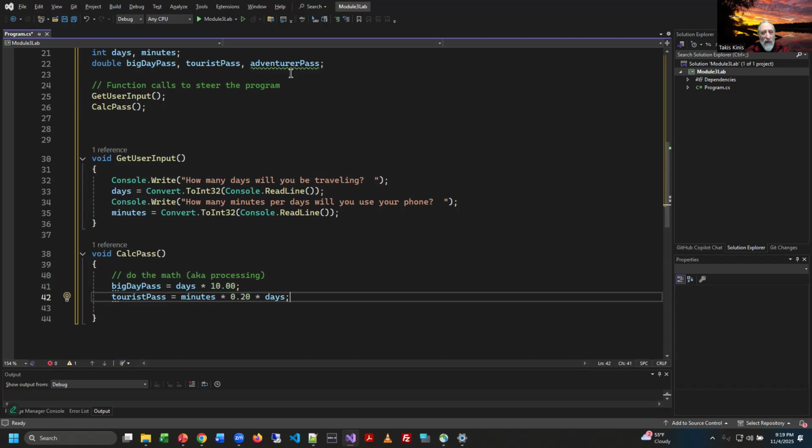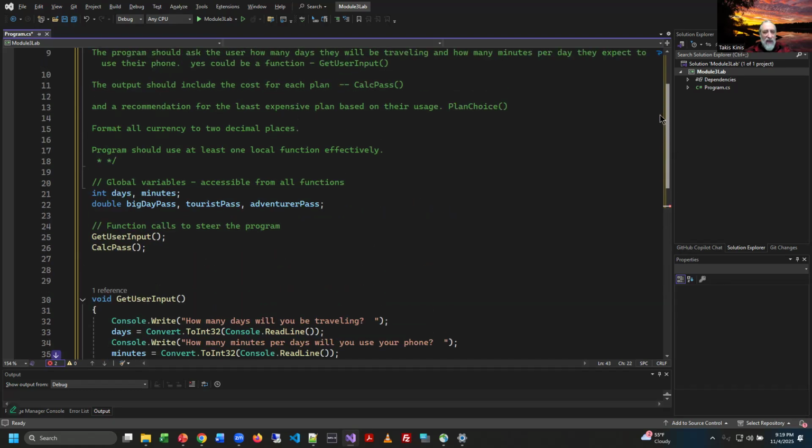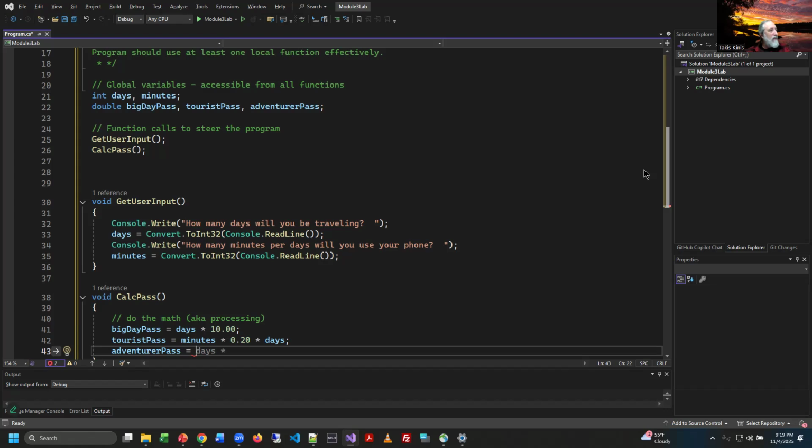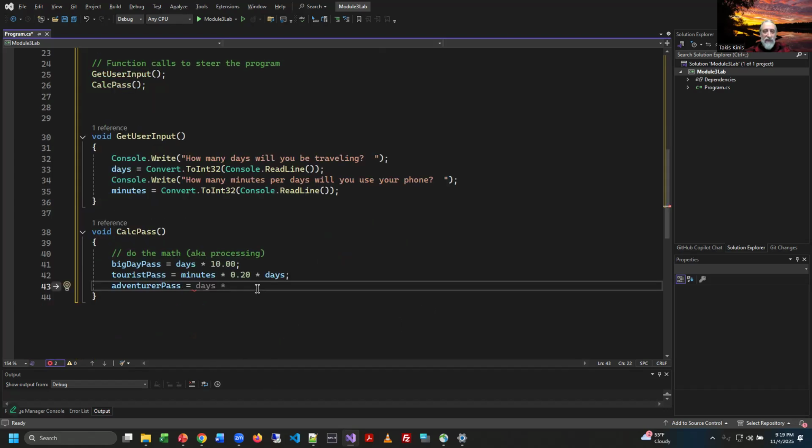Okay. So if we got that one there, then we got to do adventurer pass. And what's that one look like? It says $3 per day and 10 cents per minute. Okay, what's my formula? Parentheses, days, times 3.00, plus the minutes